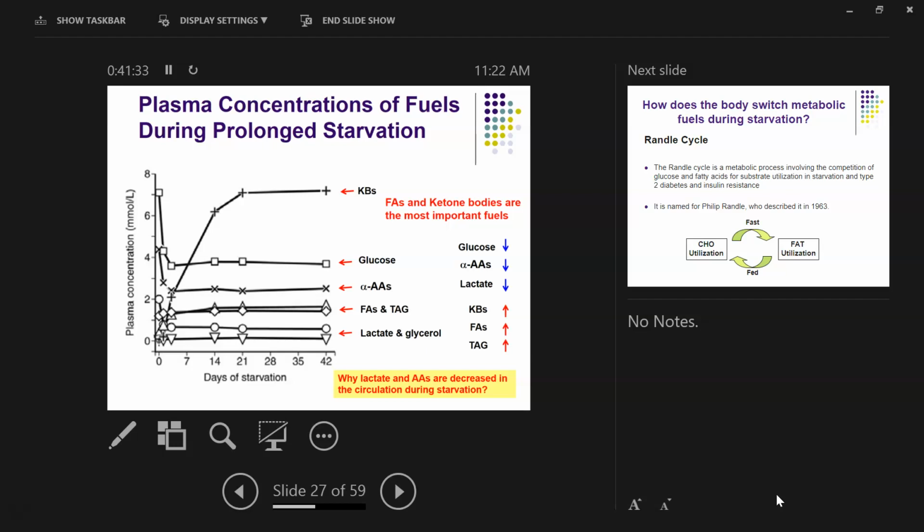Yes, excellent. Because gluconeogenesis is very, very much needed, urgently needed during this long period of starvation. So lots of lactate and glycerol are used for gluconeogenesis to make glucose. That's the reason why we have very low levels of lactate and glycerol during starvation compared to the fed condition, right? Does that make sense? Okay.